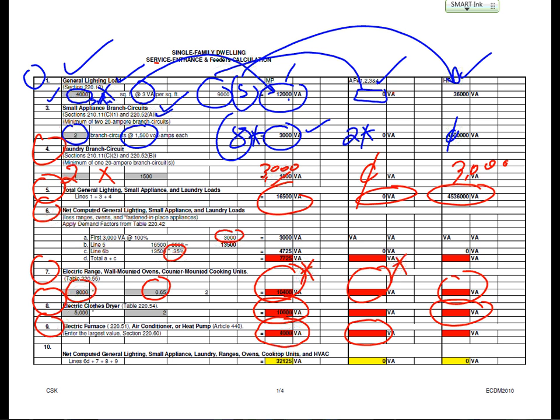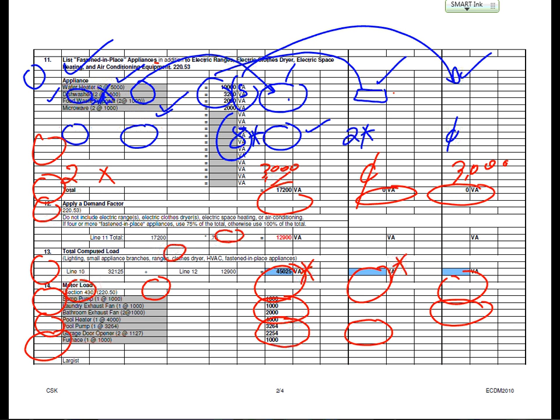Okay. Step number 10 is add them all up. So we added all these. Can you guys see? Added all these steps ahead. So now this is page 1. Let's go to page 2. When it comes to page 2,